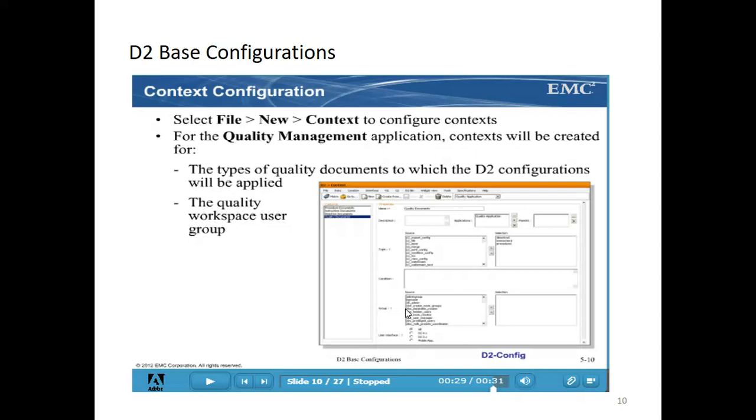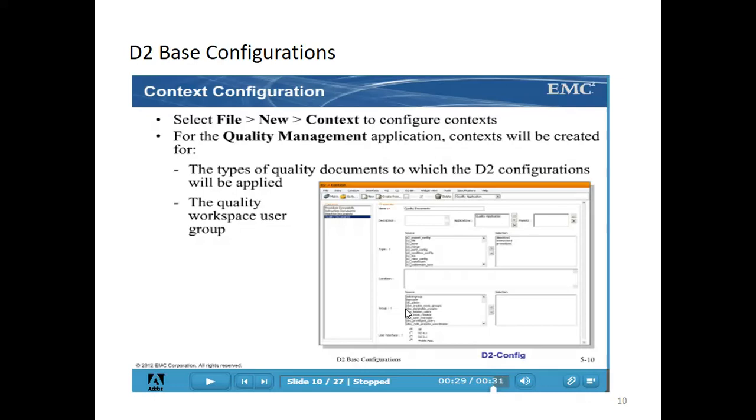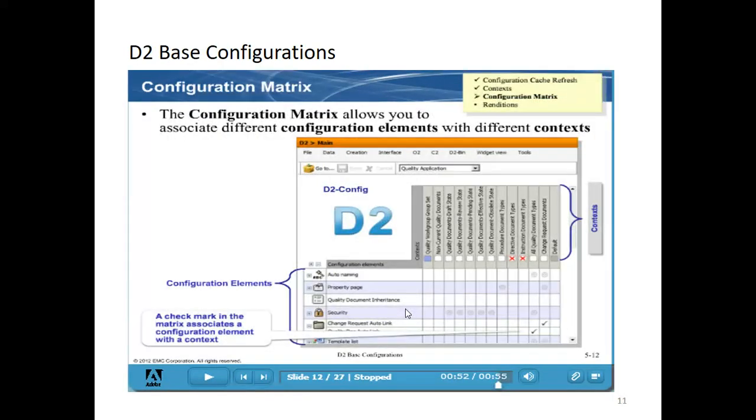Consider quality management as the application, and select the type of document. Here they have taken three documents like instructions, deliveries, procedures. So they selected all these three types, selected the groups and selected user interfaces. This is how you can create a context, so that the created context will be listed on top in the context list. You can see all quality document types, like that.